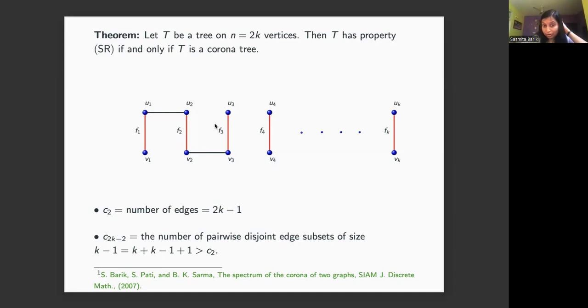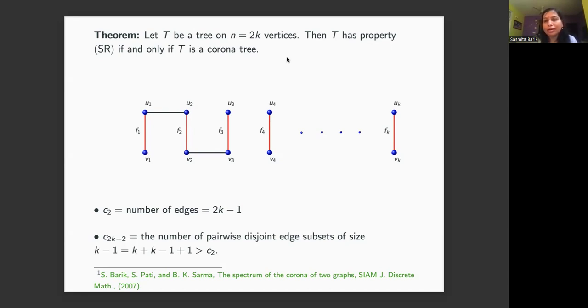I hope you got it, otherwise you can go through this paper. It's the same thing here. I just took the picture and gave it to you, but it's written clearly how the counting has been done. So it's an easy thing. And so this way we could prove that if T is satisfying property SR, then it must be a corona. Okay, so then in the tree class, the characterization of all trees satisfying property SR is done, and that's the class